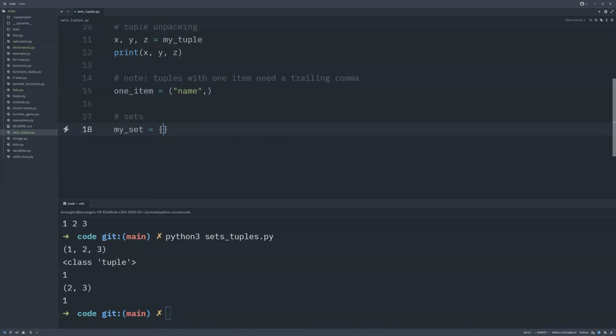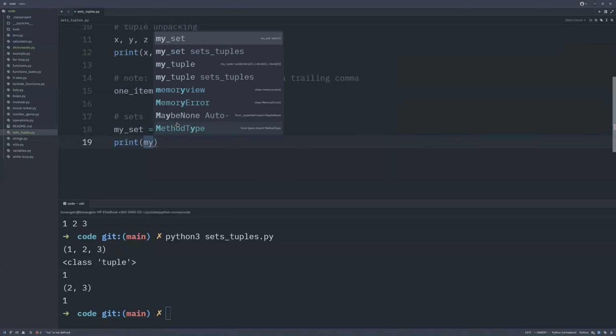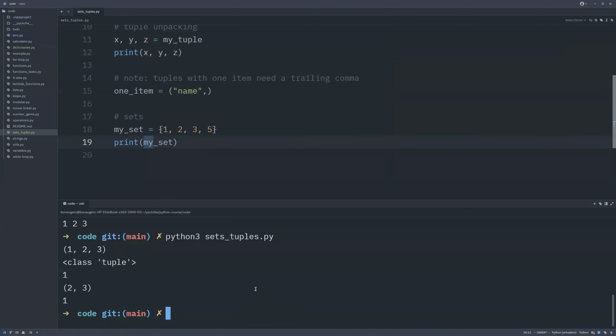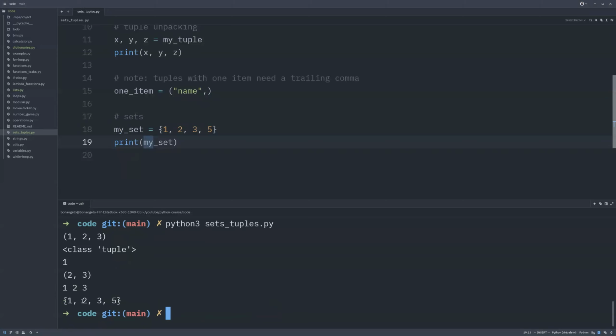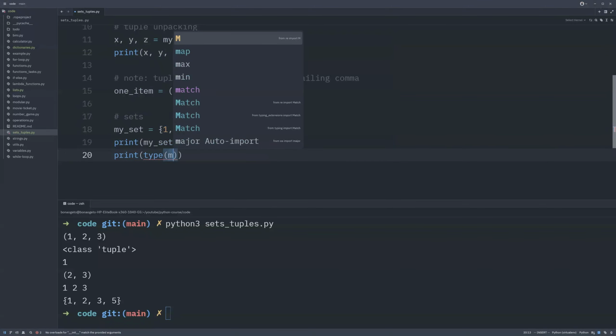The only difference between a set and a dictionary is that in a set you have single items like 1, 2, 3, 5, but in a dictionary you have key value pairs, but in both you use curly braces. So this is a set. In this case, we can just print my set here. So print my set, and if we run our code, you'll see the set gets printed down here. The other way that you can also just quickly check the type, just to confirm again, is type, then you pass in my set,